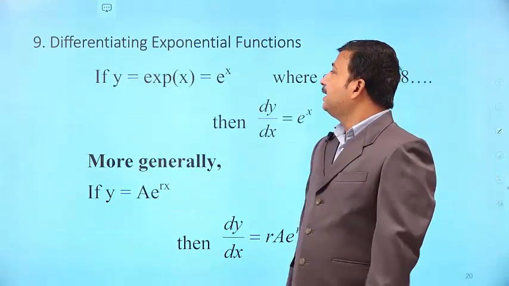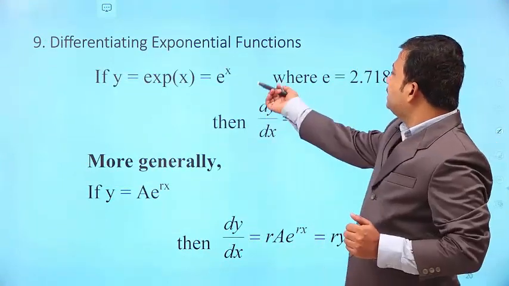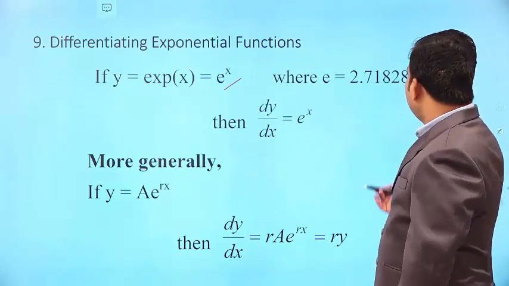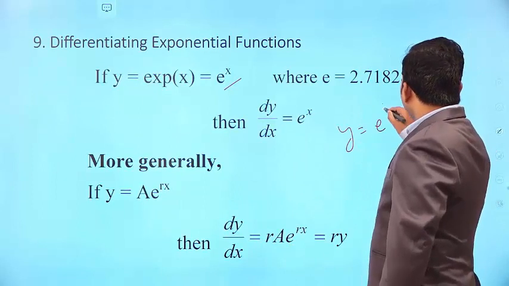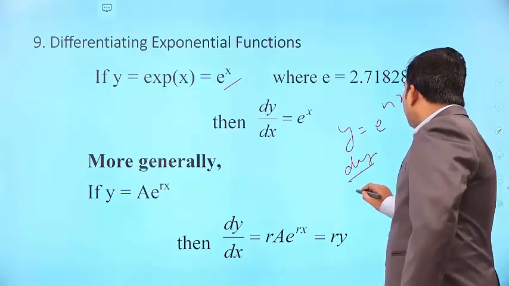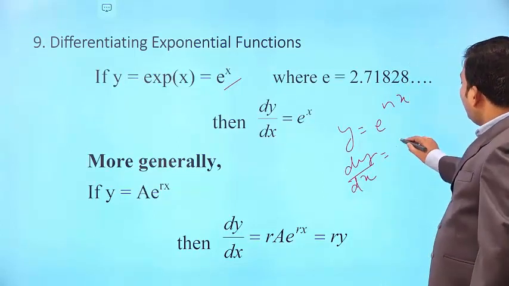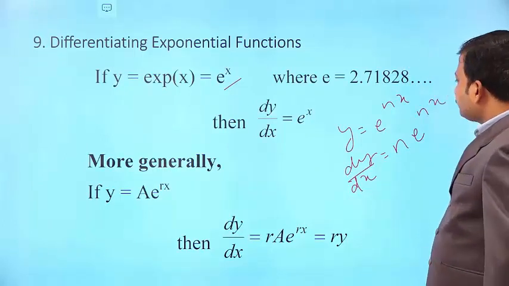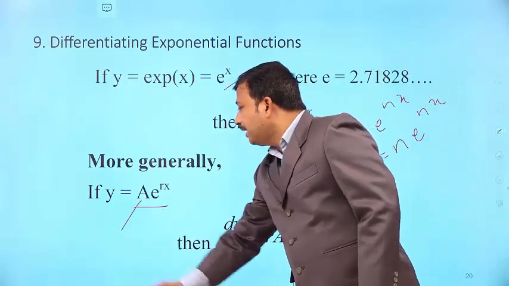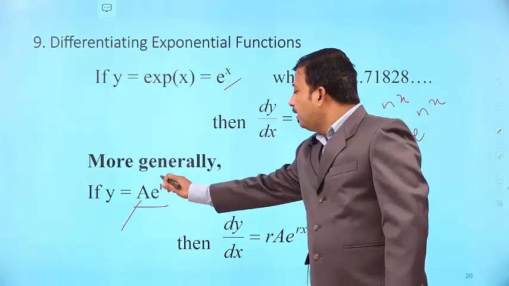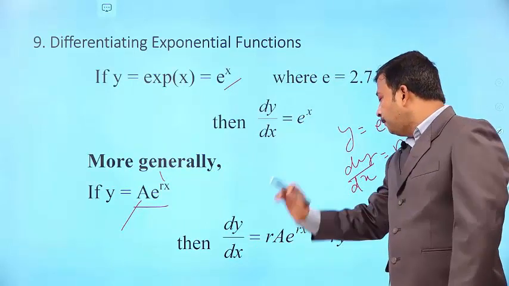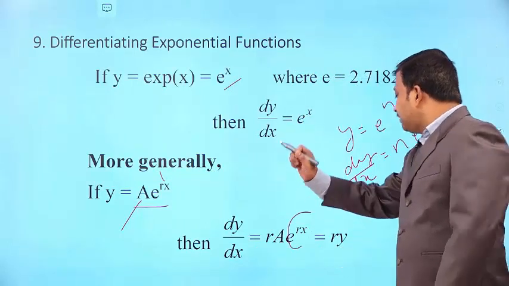Now differentiating an exponential function. So if y is equal to e to the power x, right, then dy by dx equal to e to the power x. So in general, if y is equal to e to the power nx, then dy by dx is nothing but n into e to the power nx. Right? That is what I have written. If y is equal to a into e to the power rx, where a is a constant, r is also a constant, then dy by dx is equal to r into a into e to the power rx,